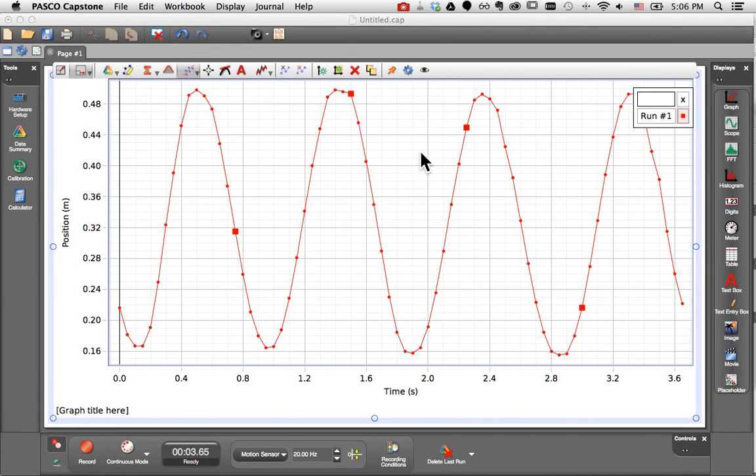How do I add a new type of measurement to an existing graph in PASCO Capstone? In this example, I already have a plot of position versus time from my motion sensor. The motion sensor also collects velocity versus time data, and I'd like to display that alongside position. I have two options. One is to add a second y-axis, and the other is to add a second plot